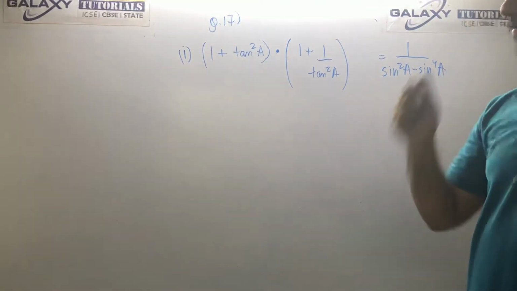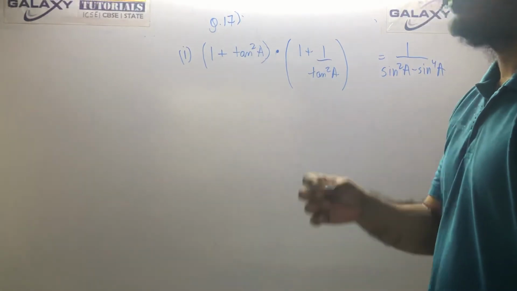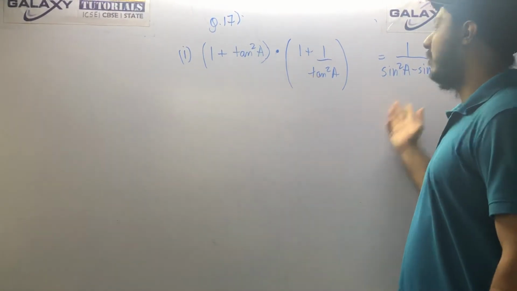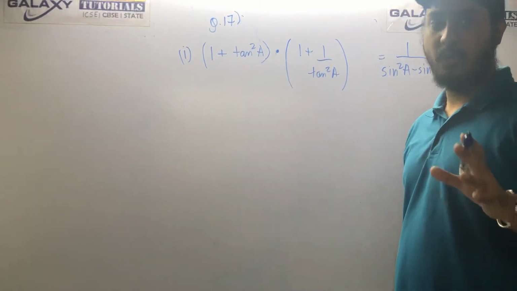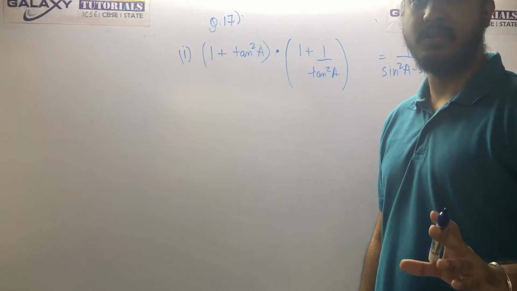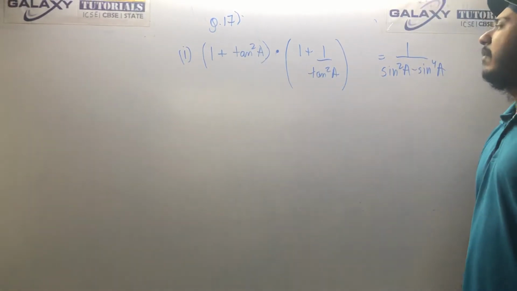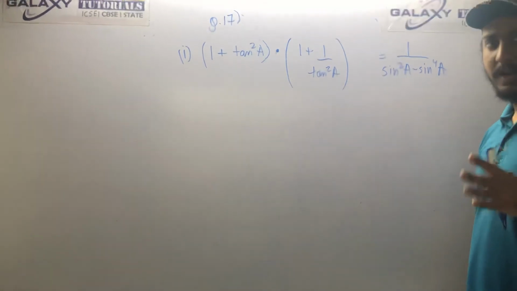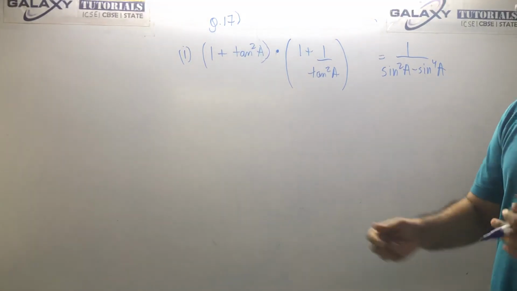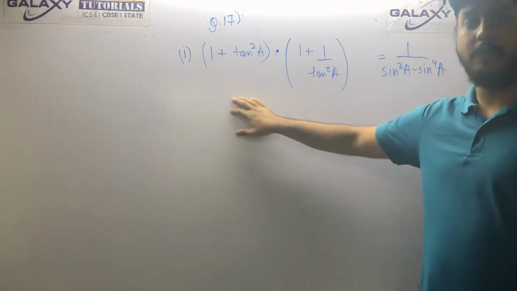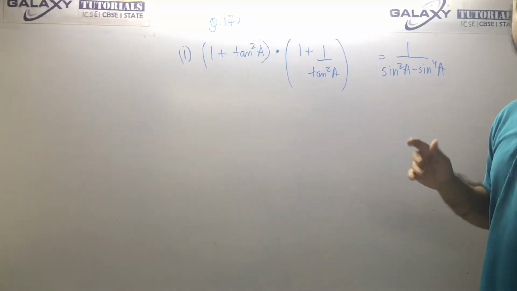Now in these trigonometric functions, there is a dilemma about which side to proceed with first. You might be confused about whether to start with this side or this side. The answer is that you can proceed with any side you want. As I told you, there are many methods to solve a trigonometric problem, so don't worry about that. But I will give you a small general idea of which side to start with. You should proceed from the side that has more trigonometric functions, the one that looks bigger to you.